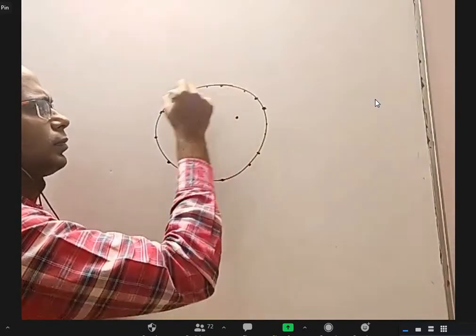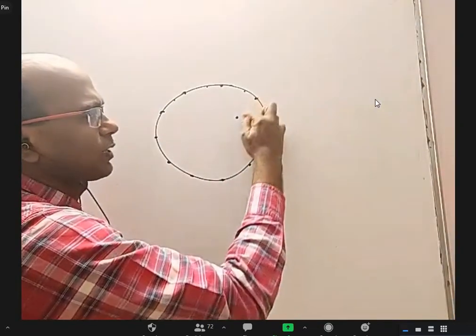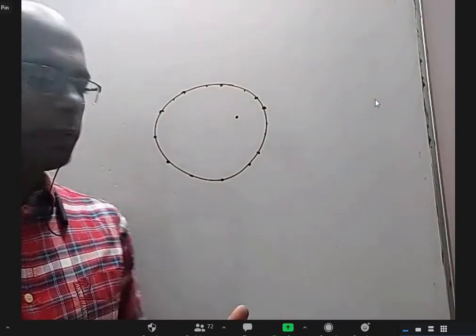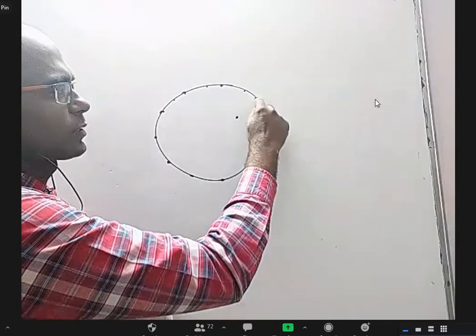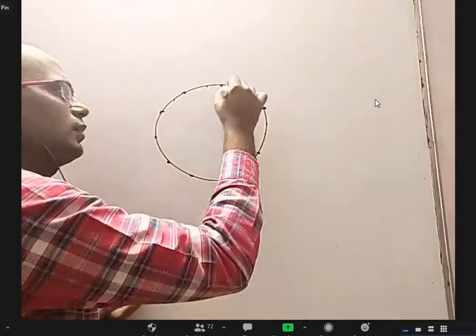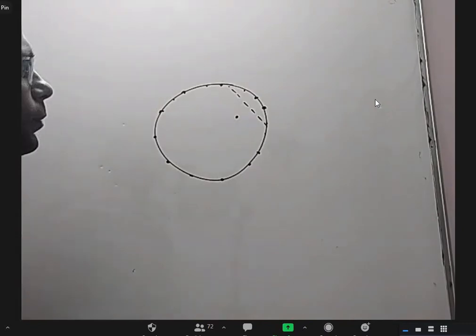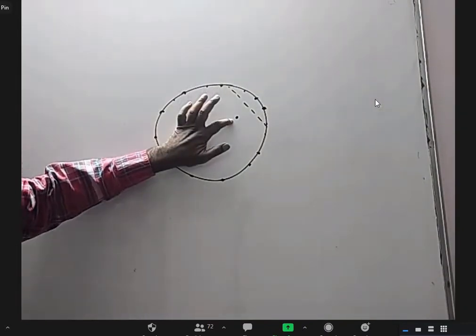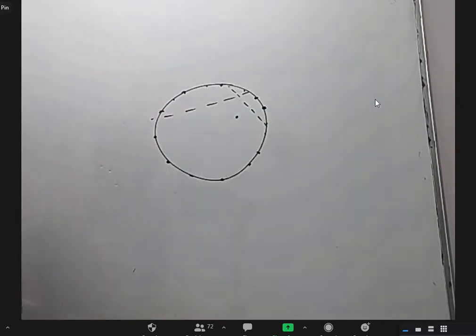Now, what you do is, you take this piece of paper and fold it in such a way that this point will come here. If I had a piece of paper, I would have shown you, but it's okay. You fold this paper such that this point comes to this fixed point. Then you will get a crease like this, right?